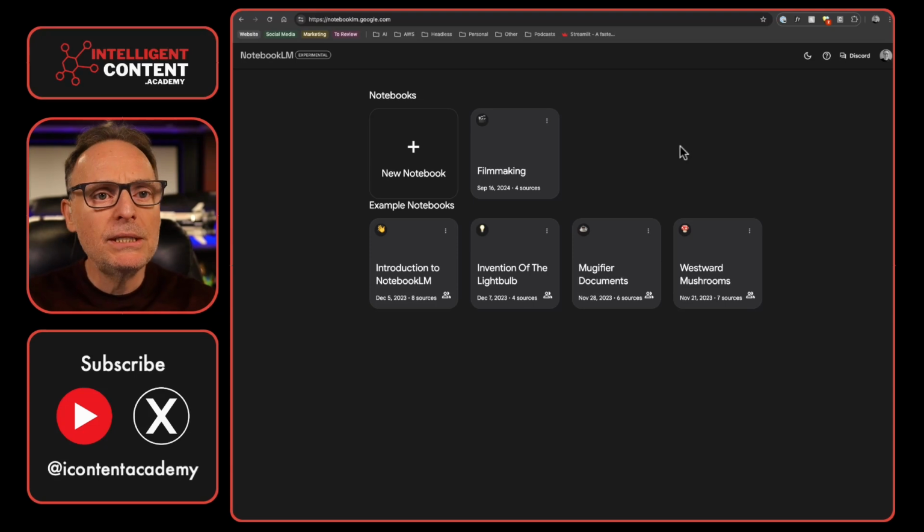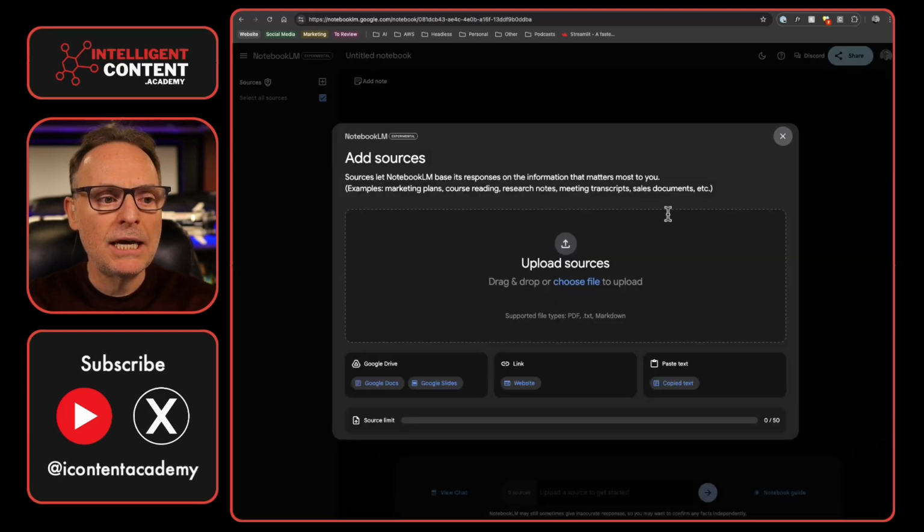Okay, so once in here, you can delete a notebook, you can edit the title of the notebook. Very simple stuff. You've got here a dark or light mode, right? They have the help and a Discord. Sign up for the Discord. They have a Discord server that you can sign up to, and there's a lot of good information there. Okay, and you can even see here, it's tagged as experimental right now, so you're going to have issues with it, some hallucinations, some bugs, obviously, because it's experimental. So to create a new notebook, you just click create new notebook, and then it takes you to the